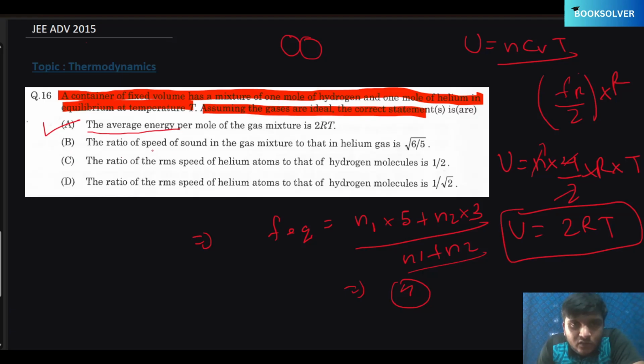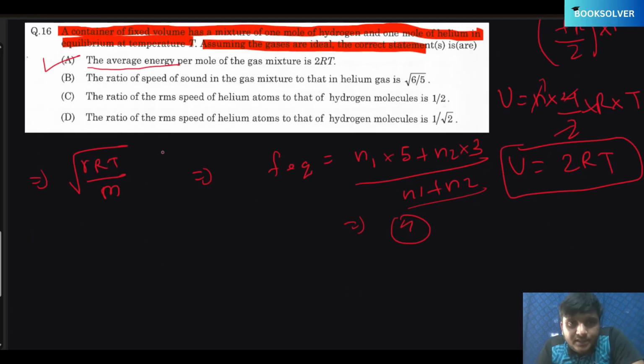Now moving on to the ratio of the speed of sound. What is the speed of sound in a gaseous mixture or any kind of gas? It is given by the square root of gamma RT by M. This is the formula of the speed of sound in any gas. Now what is gamma? It is nothing but Cp by Cv, and we can calculate it in terms of degree of freedom as 1 plus 2 by F, where F is the equivalent degree of freedom. Since we have calculated the equivalent degree of freedom, we can calculate gamma for our gaseous mixture,